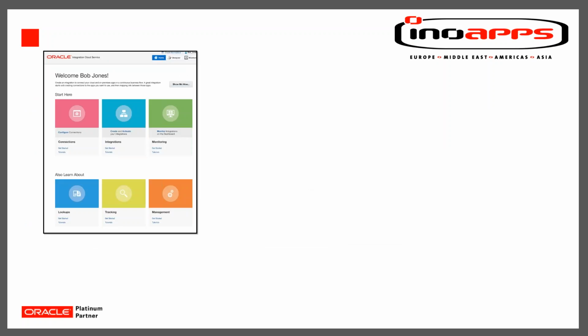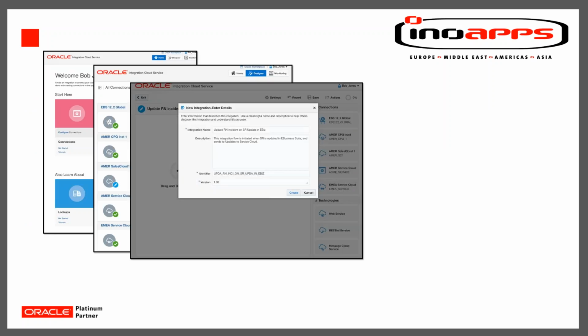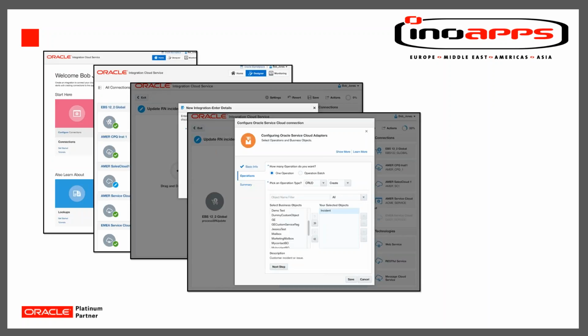Time is going to defeat us doing a live demonstration today, but these are some screenshots of the application. A nice simple user interface. We can see here that we have half a dozen different connections, the top one being a connection through to a legacy eBusiness 12.2 instance. If we're going to create a new integration point, maybe to a new third-party application, or maybe a new process flow back into an existing application, we go through a wizard-based system